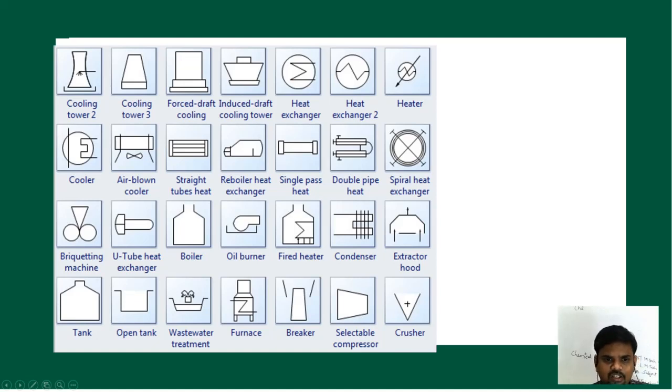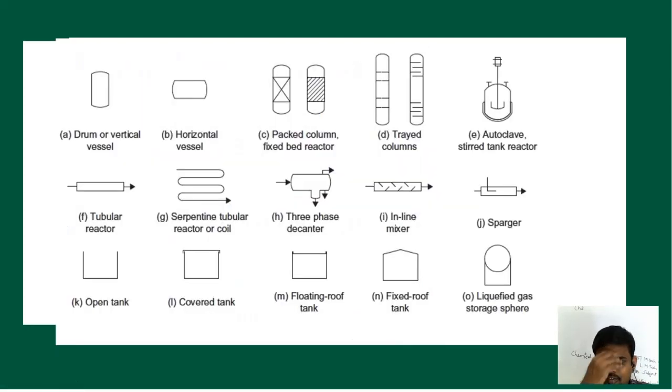And this cooling tower, heat as well as mass transfer is taking place. So mass transfer operations. Particularly, for example, if you are looking at the reactors, different types of reactors are there which you will learn in respective courses like chemical reaction engineering 1, 2, and catalysis courses. Simple drum, how to represent a drum, horizontal drum, vertical drum, packed towers, fixed bed reactors, tray columns, how